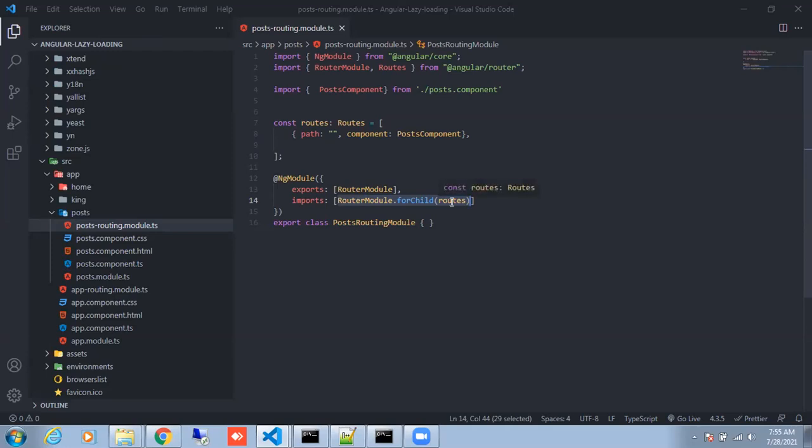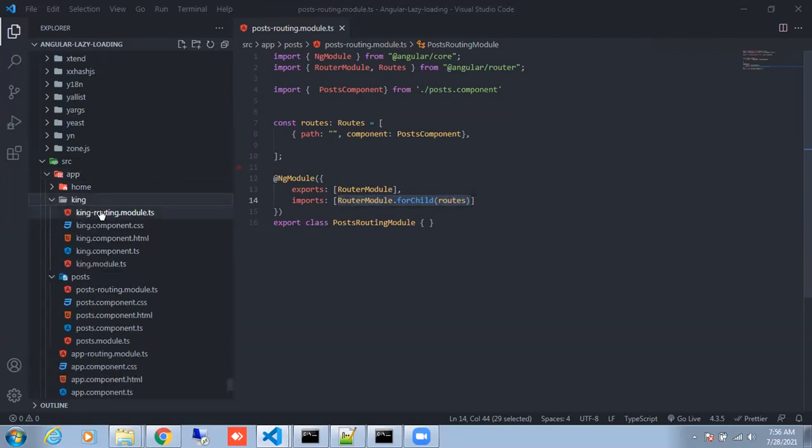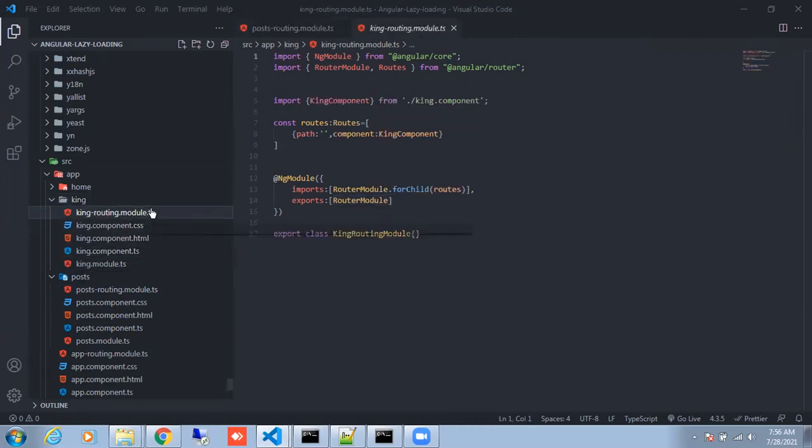Are we clear? So forChild is designed for what? Lazy routing. Exactly. Now just open the king part. Just see routing dot king dot module dot ts. Can you see this forChild? You see the king.module.ts.